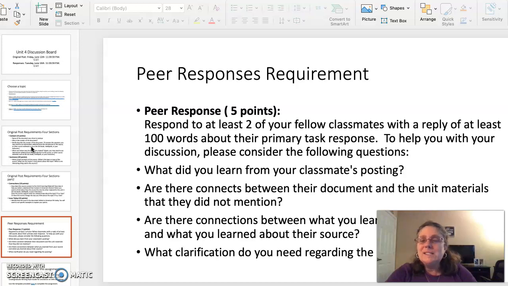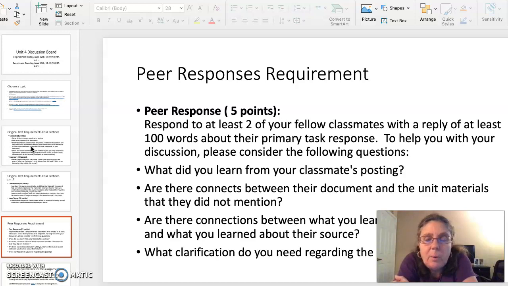And there's a little twist this time. Each of your responses must be at least 100 words in length. All right. And again, my students are wonderful and you are incredibly supportive of each other, but you can't leave it at "great job, John. You really covered everything that you needed to when discussing the Tear Down This Wall speech. I'm looking forward to reading your next post."